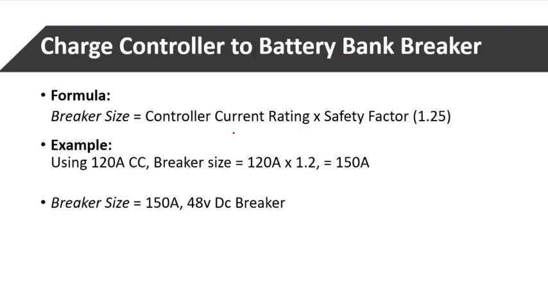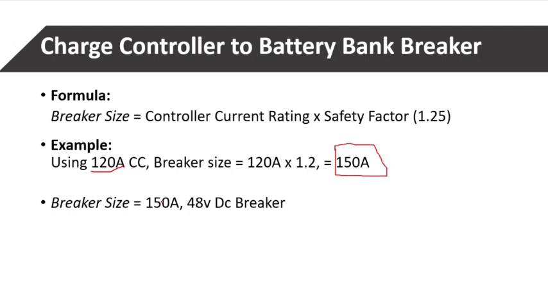The reason we multiply the controller output current is that no matter what your charge controller is generating, the controller cannot push out power more than its rated capacity. Like for example, this 120 amps: even if our panels are generating more than this, the charge controller cannot push out more than 120 amps to your battery bank. So you multiply this one times 1.25, and for this example